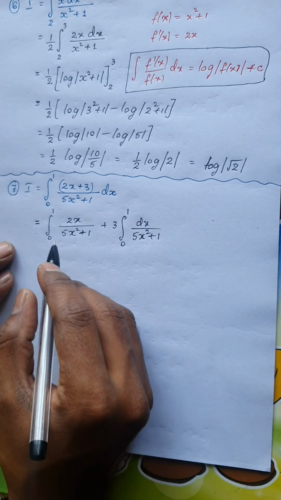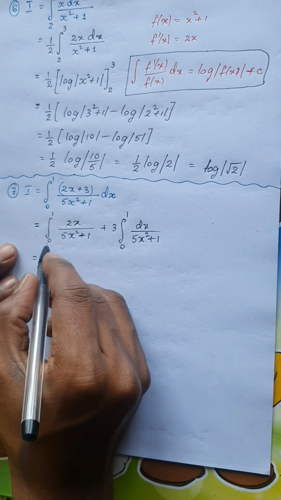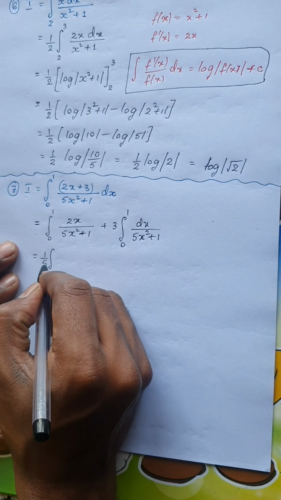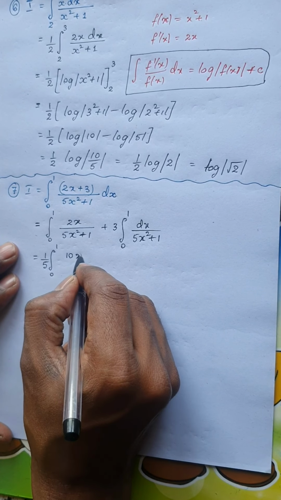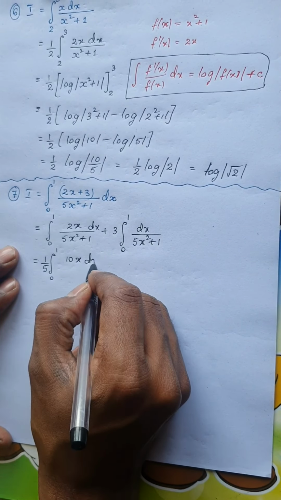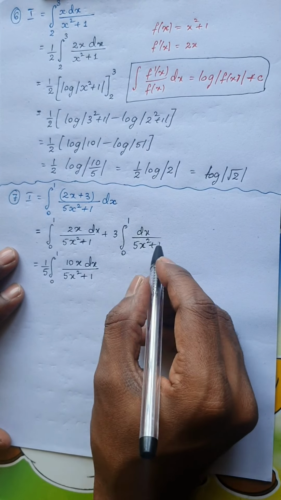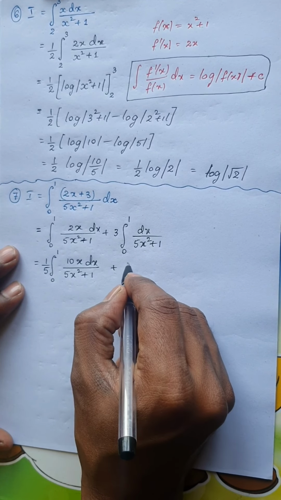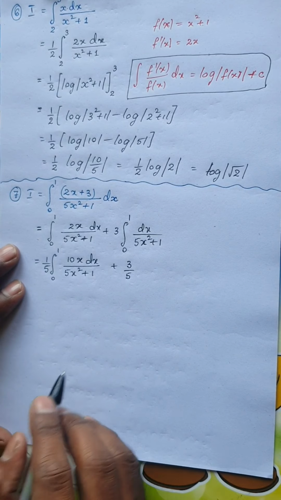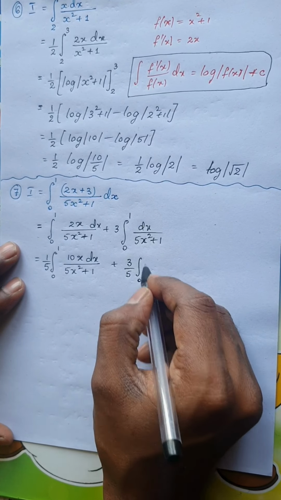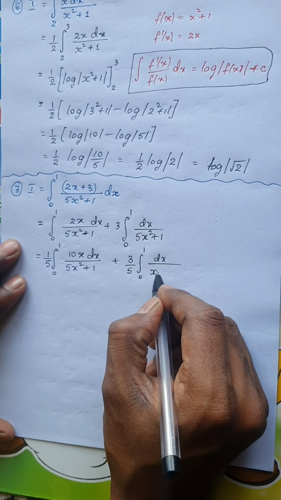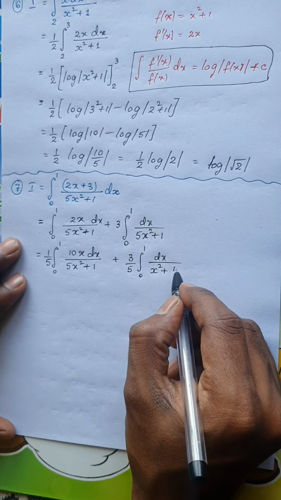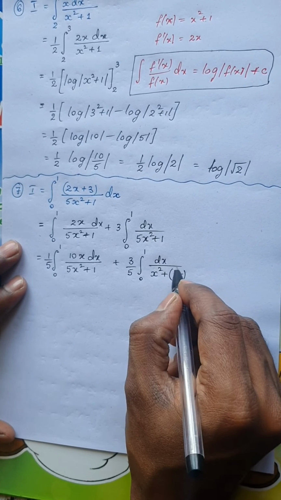Now what I am going to do here is multiply and divide by 5. I have divided by 5 and kept it outside, within the limit 0 to 1. Now if you multiply by 5, you will get 10x dx divided by (5x² + 1). Similarly, here with the 3, in the denominator I am going to take 5 common, integrated with the limit 0 to 1 dx. Remember, in the first term I have taken 5 common, so it is just x². In the second term there is no 5 there, so what I am going to do is divide by 5.